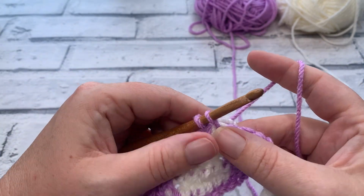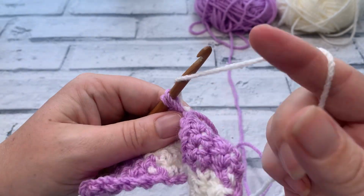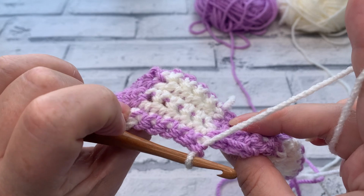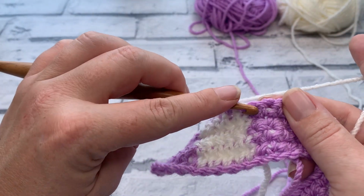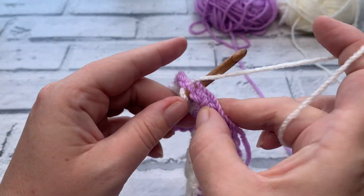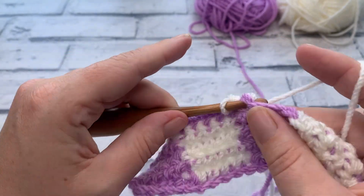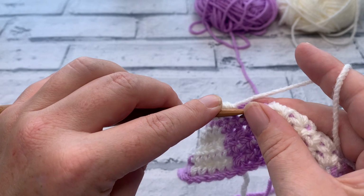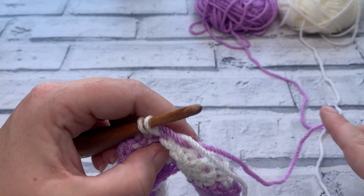Oh, nearly did it. We need to change colour, Fiona. So we're just going to change over to colour A. Check I've not got any lumps. That's good. And then we're ready to continue. Just remember to carry that colour as you work so that you're not leaving that behind, because you're going to need it ready to change colours. Yeah, so we can change back